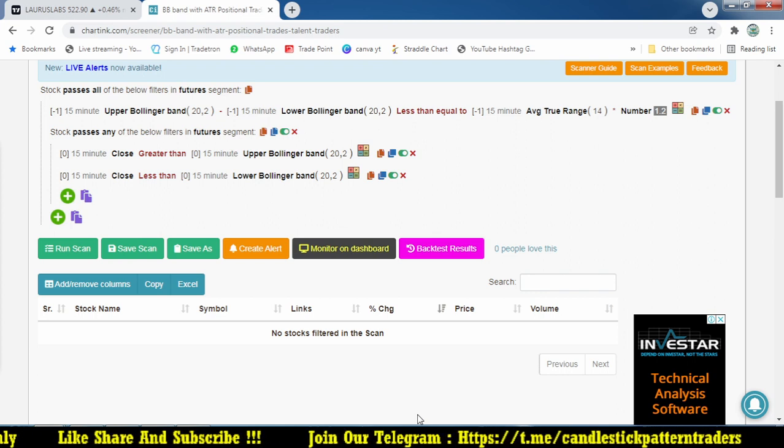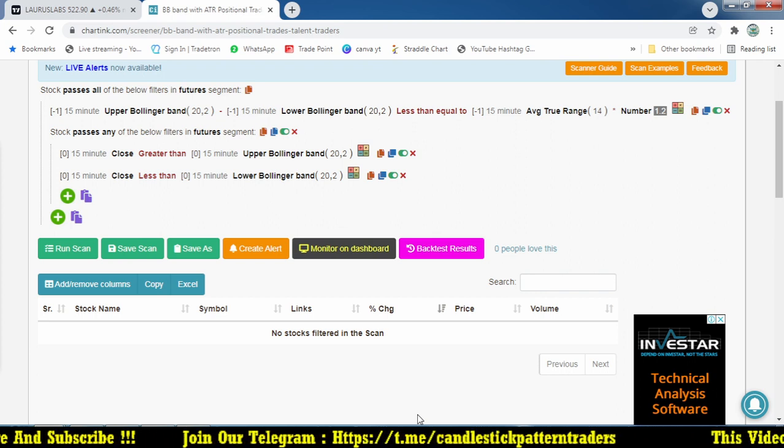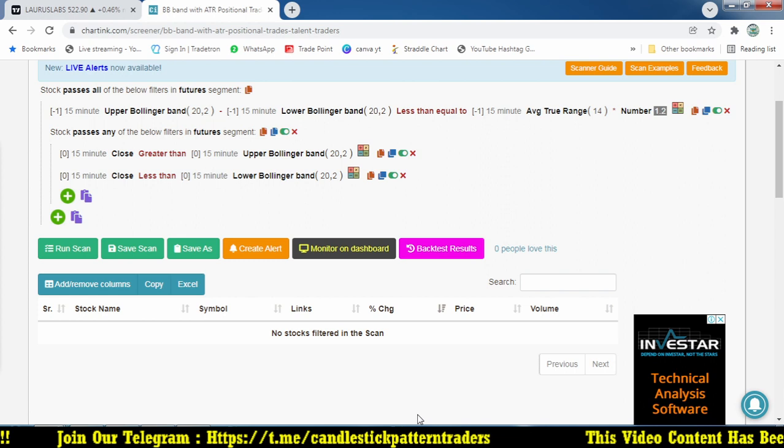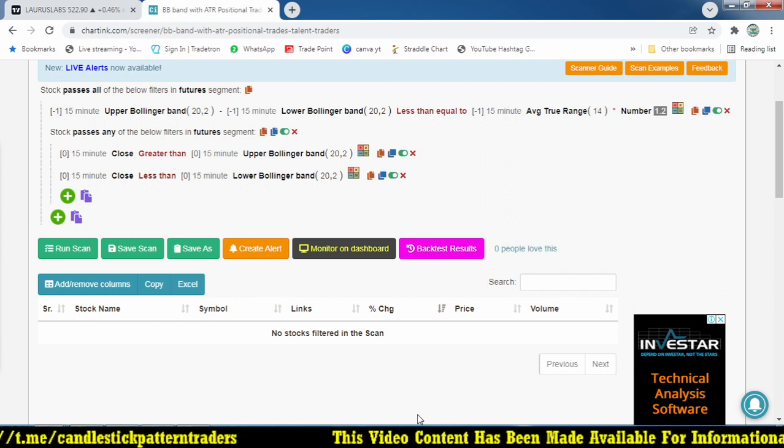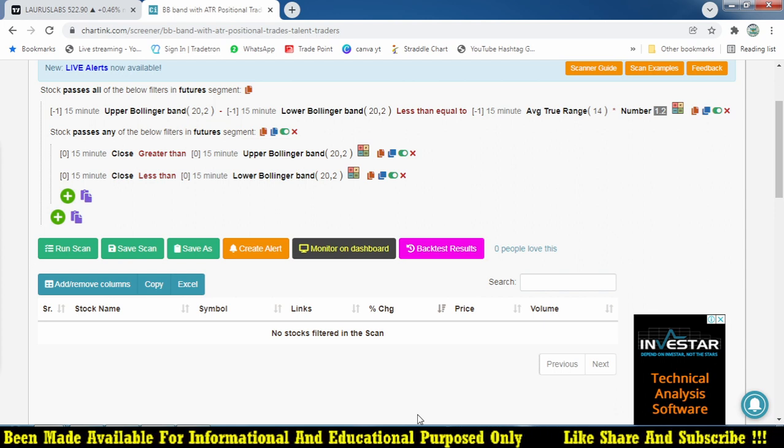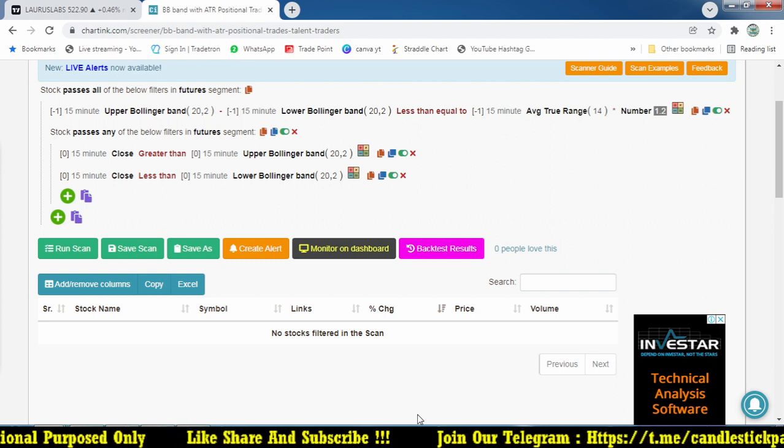So two scanners, one is for selling, on a daily basis, and another one is on a 15 minutes basis. I hope this may be useful to you all, and you can make use of the scanner and give me feedback, and you can change any of these conditions, because I'm going to give it to you free of cost. You can make use of it, or you can copy the scanner and do other things. Thanks for being with me, and thanks for watching this video, and thank you very much.